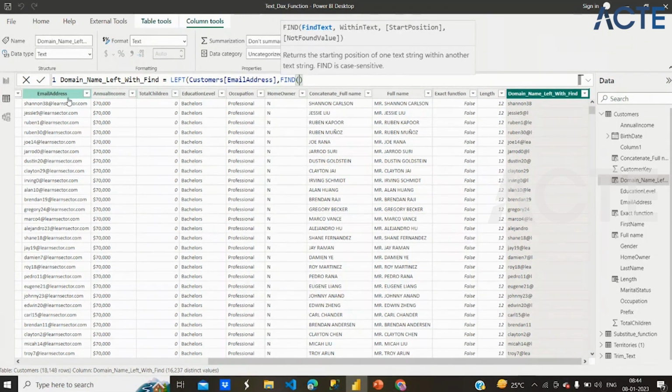So I want to find this at the rate. Okay, so we need to give it in a double quote to find this. Now within the text means this email address only I want this to be found. So the email address you need to write,